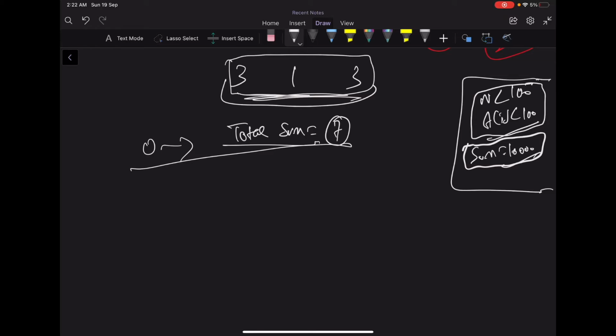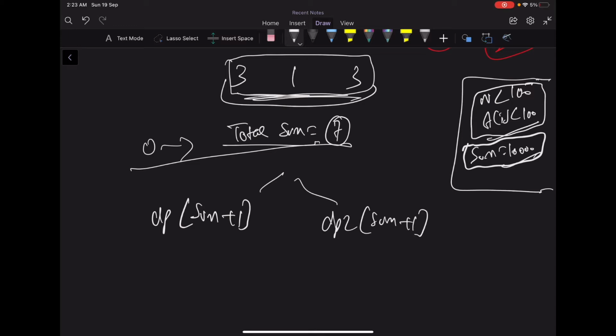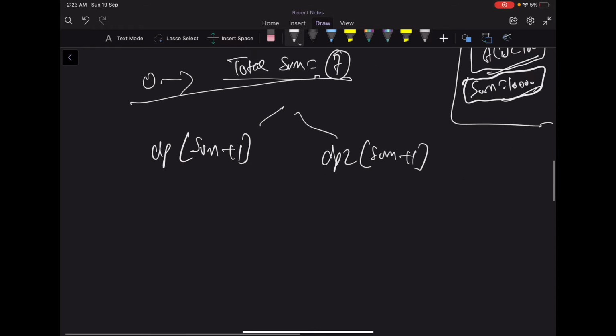So what we can do is, we can make a dp of size sum plus 1. So I'm adding a 1 so that we can use 1 based indexing instead of 0 based indexing. Okay, so let's try to build it. We'll make two dps, dp and dp of 2, one for sum and one for product.